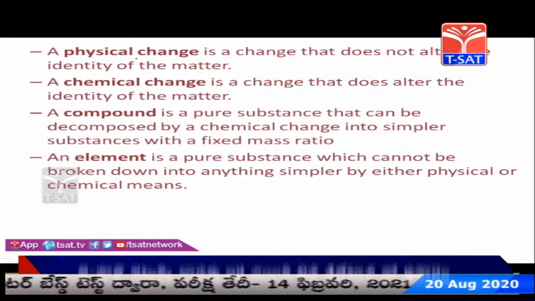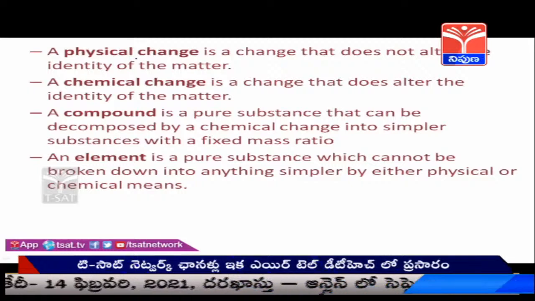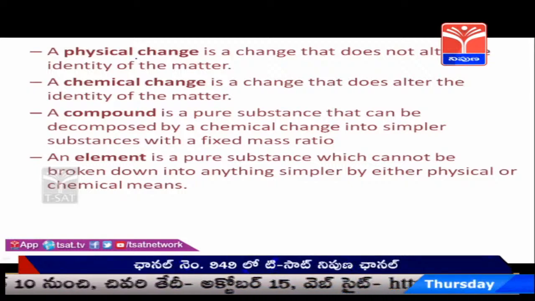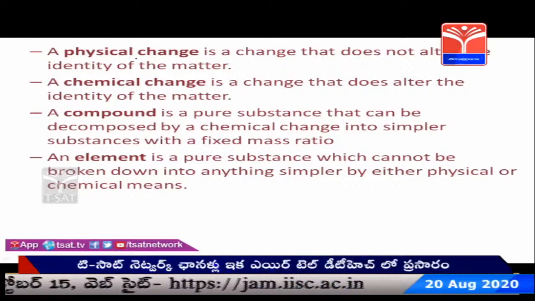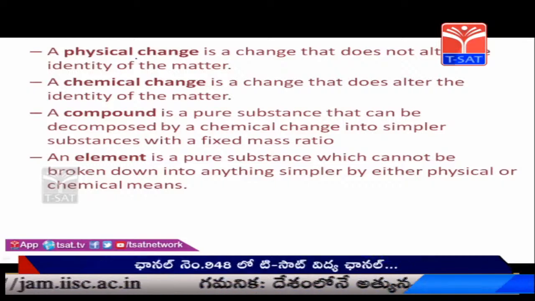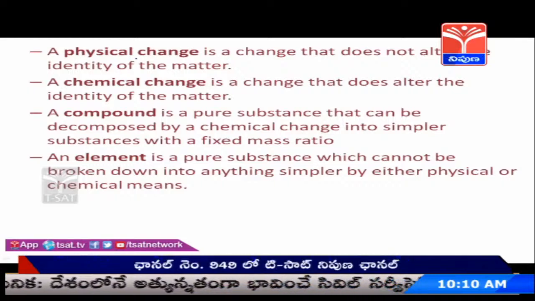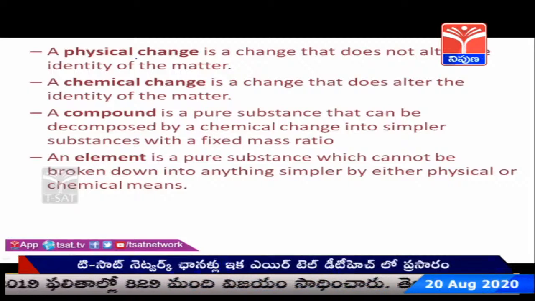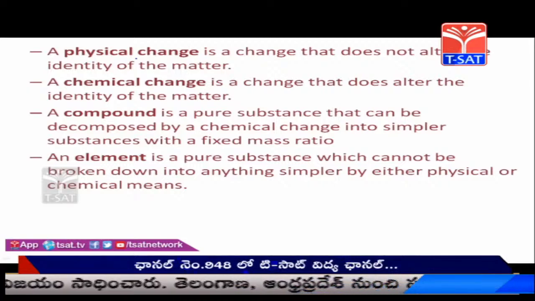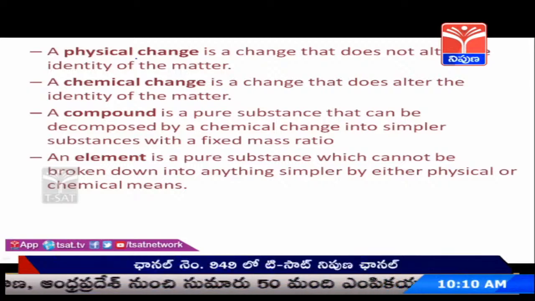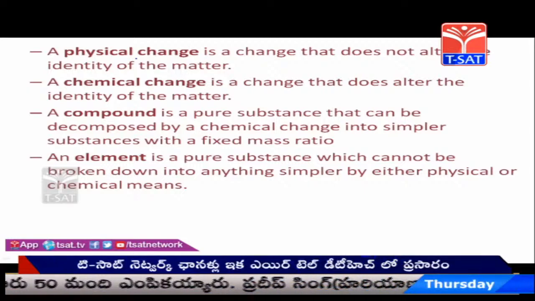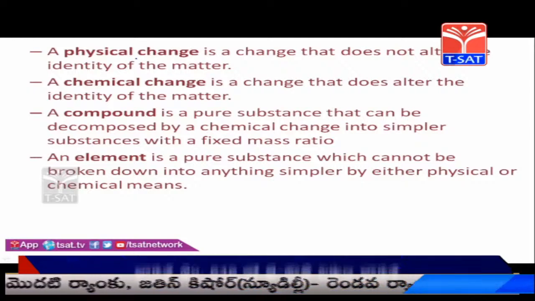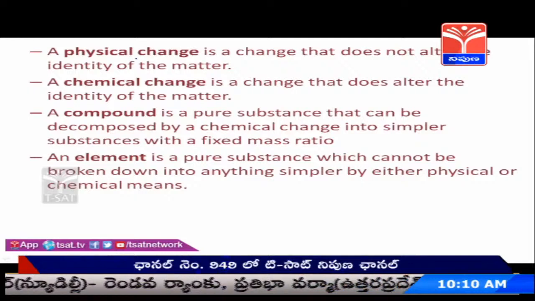What about chemical changes? The chemical changes are permanent ones. Once the chemical change occurs, we will not get the previous substances. When a chemical change happens, we will get a new compound from the substances that participate in the chemical change. Generally, compounds are made up of different varieties of elements. One or two elements, or many elements, combine together to form different compounds.